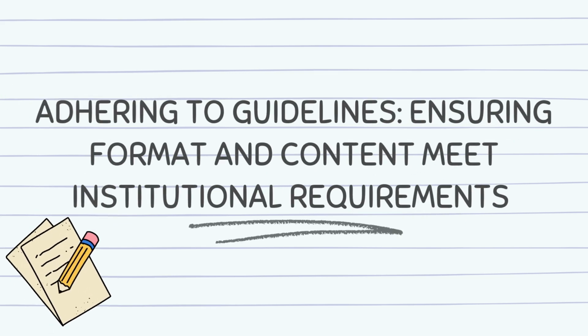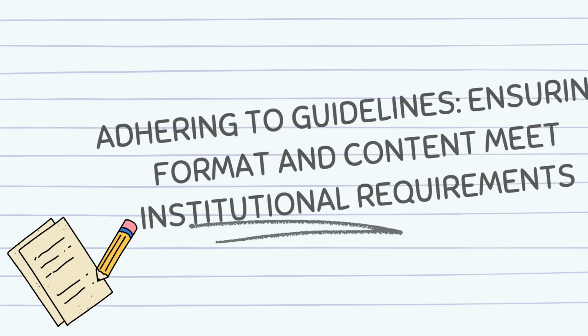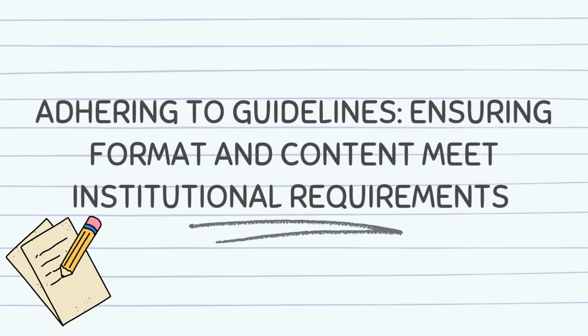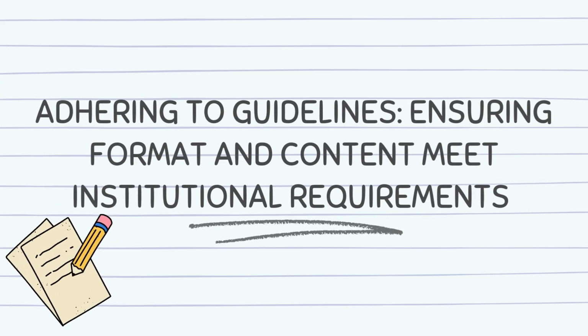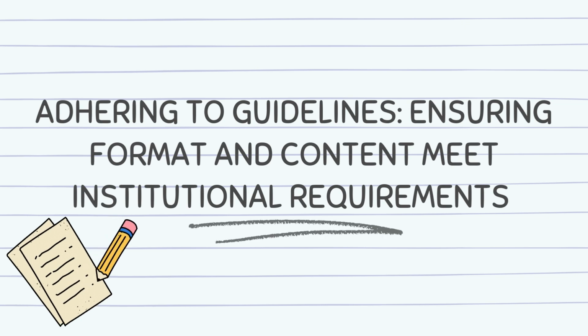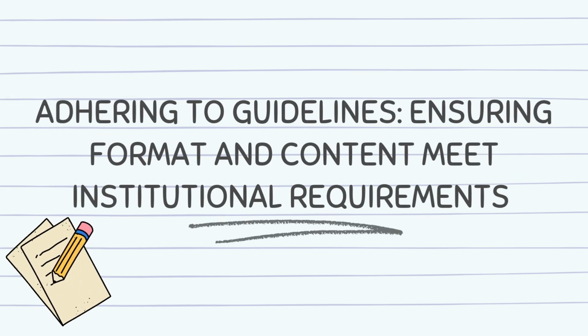3. Strategies to ensure compliance with institutional guidelines. A. Review your university's thesis manual. Most institutions provide a thesis dissertation writing manual outlining specific formatting, citation, and content requirements. Download or obtain the latest version of the manual to avoid outdated information. B. Consult with your advisor or research committee. Regularly seek feedback from your thesis advisor to ensure compliance. If unsure about formatting or content structure, ask for clarification before proceeding.